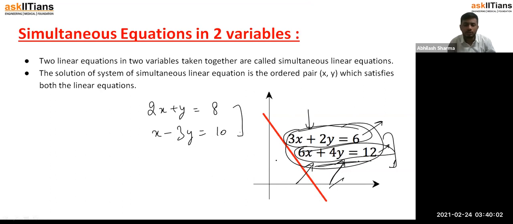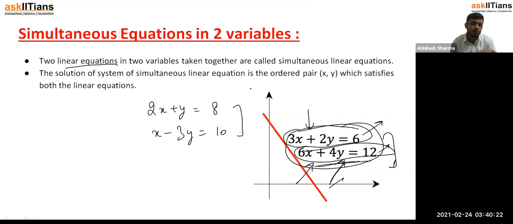Okay, this equation. So that is not the point here. What we are talking about is that two linear equations in two variables taken together at a time are called simultaneous linear equations. Okay. Now, solution of simultaneous linear equation is the ordered pair x comma y which satisfies both